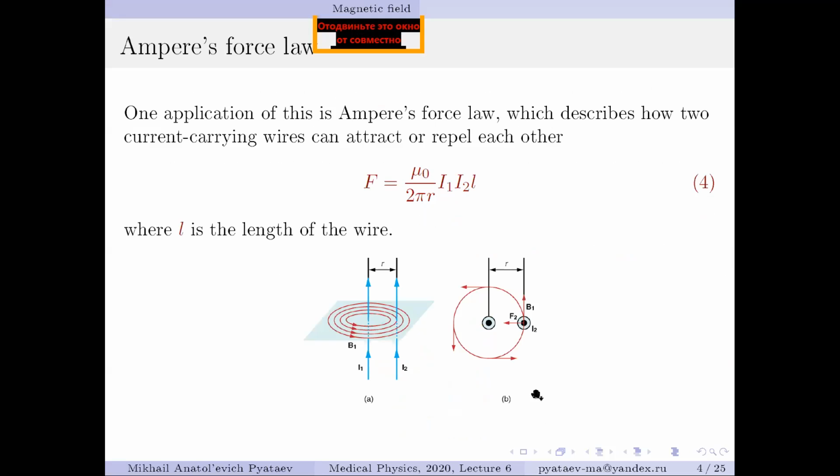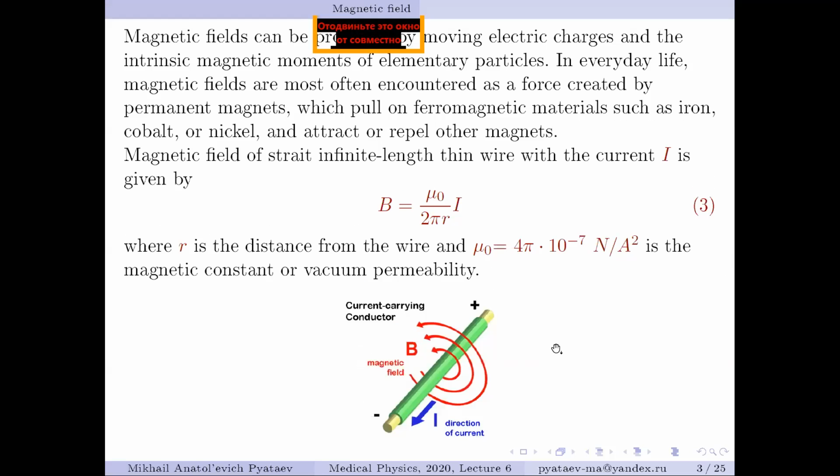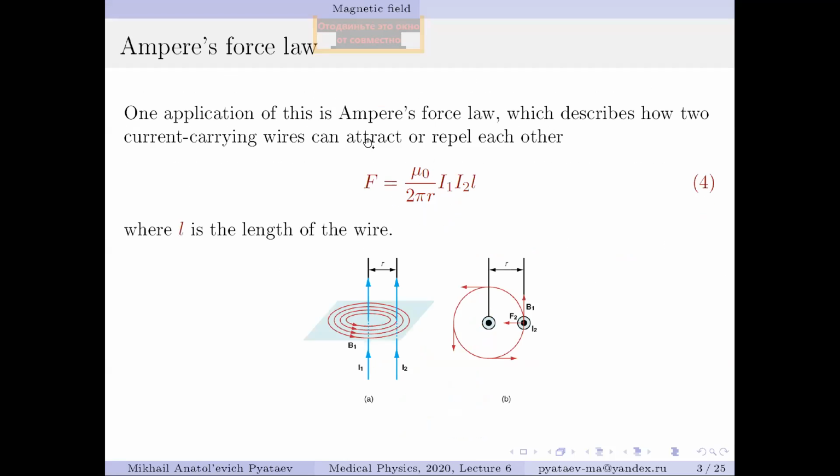Well, and from the equation for magnetic field produced by a straight wire, we can get an equation for force of interaction between two wires. Actually, experimental study starts with this equation. So, as I told before, initially we had the experiment on interaction between two wires, and then to understand this experiment, we introduced this force, and after that, this